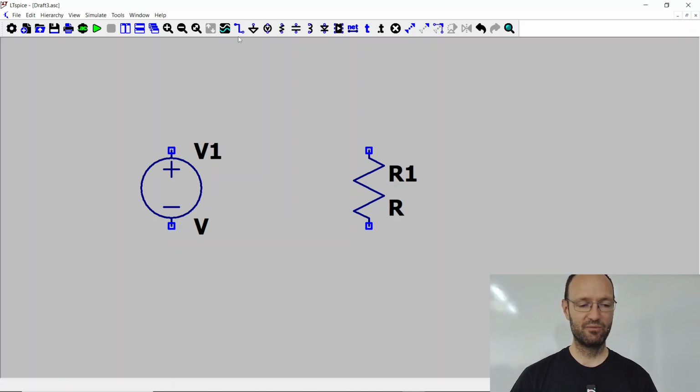And the next thing that we need is to wire them together. The wire tool is here on top, or you could also press W on the keyboard, and then you get this crosshair symbol. You can start to click on one terminal, and then it will draw a wire. If you want to have a corner of the wire, you click once again, you get the corner. And then we maybe want to have another corner here and connect this. And then you can see if it's properly connected, then this soldering pad, this terminal, will disappear